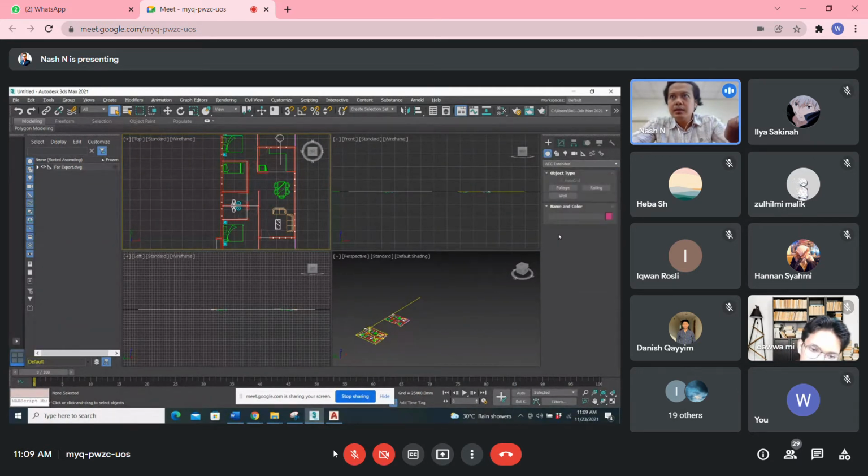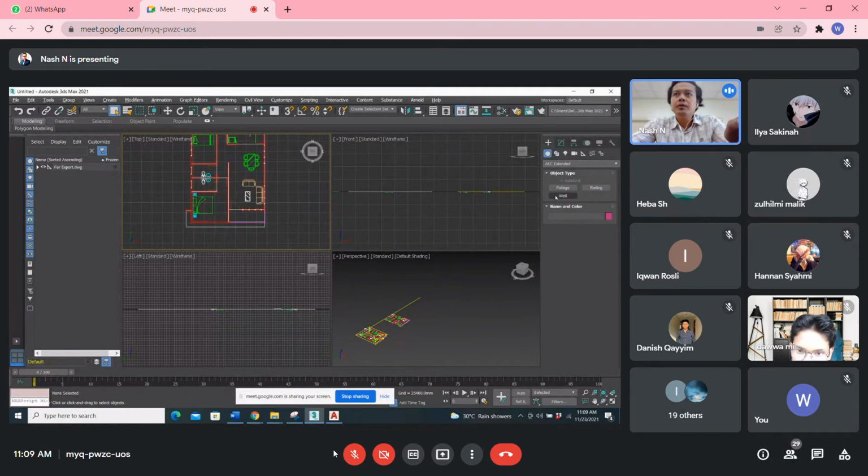Okay, AEC Extended, and then you will find a wall here. Wall, railing. When you click the wall, there is justification here.